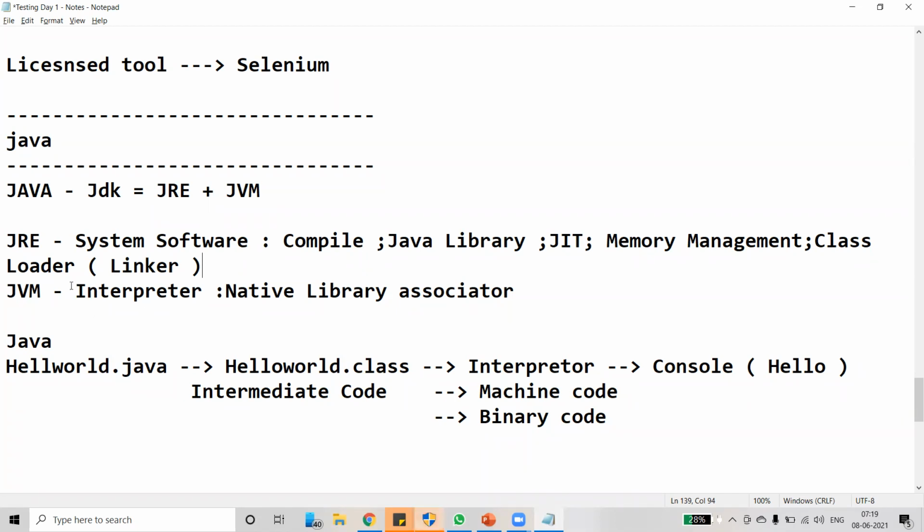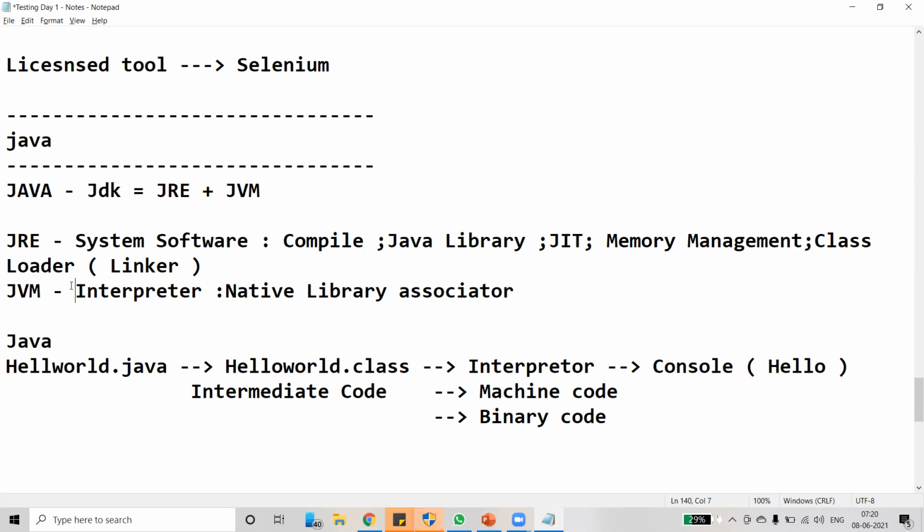Coming to JVM, what is JVM? Java Virtual Machine. What does it do?